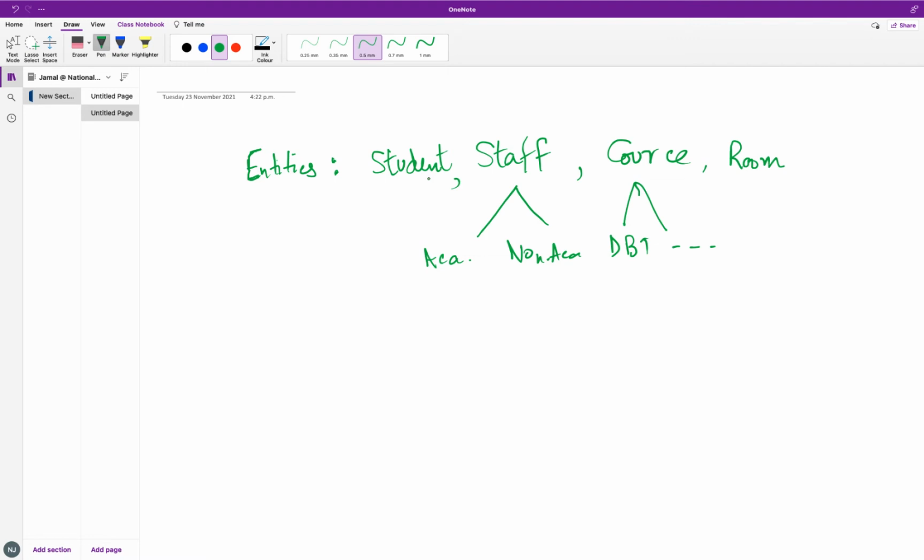In real life, it would be some sort of requirement document in which they would have clearly mentioned that, okay, we want to store this information of students, this sort of information about staff, this information about courses and rooms. Okay. But obviously we cannot expect that the client document would be 100% accurate. Might be 80-90% information is there, but then for the other 5 to 10% we have to re-interview the client, or we have to use some sort of universal thing that, okay, these attributes are important for our system.